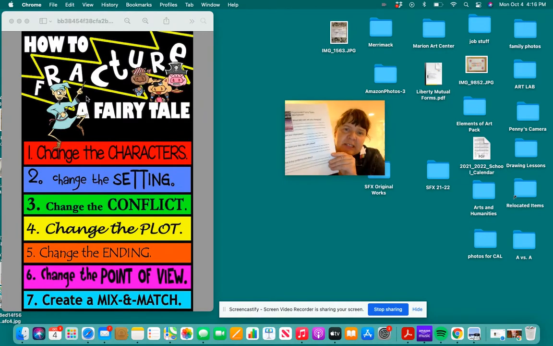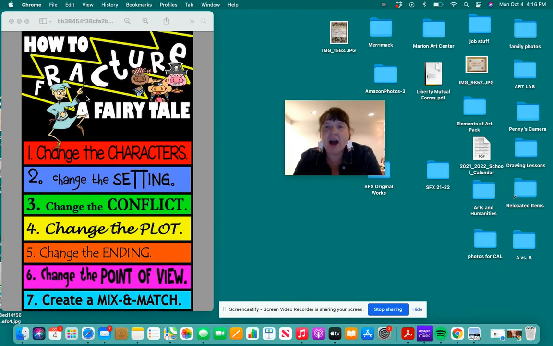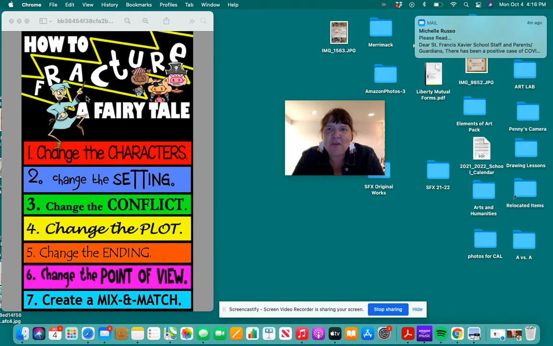So the next part says, what is the conflict in your story? So the conflict is like the exciting action part of the story, like when there's a problem to solve. Okay. So like in the three little pigs have to solve the problem of the wolf wanting to blow their houses down. So how do they solve that problem? They each build their own house, but some of them don't work. Okay, they solve the problem